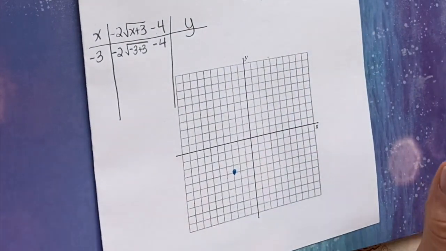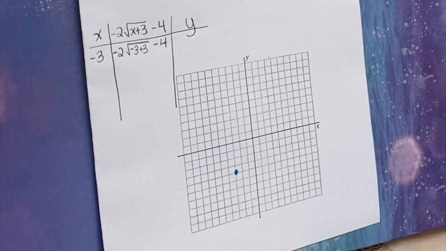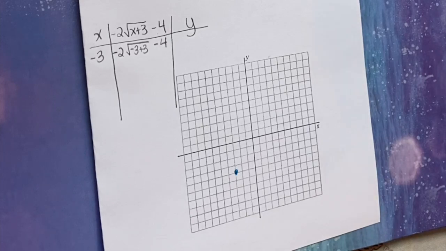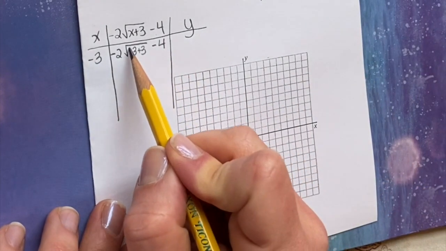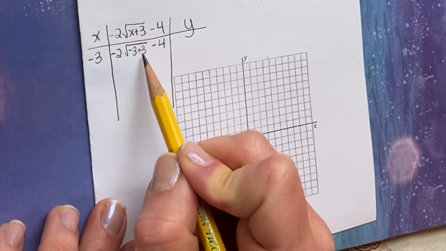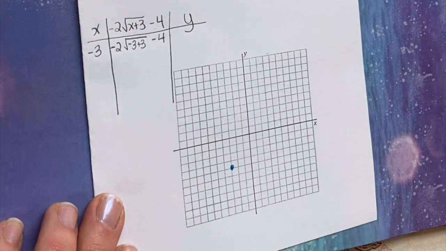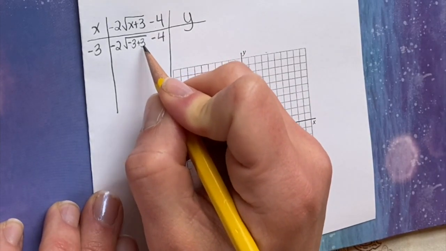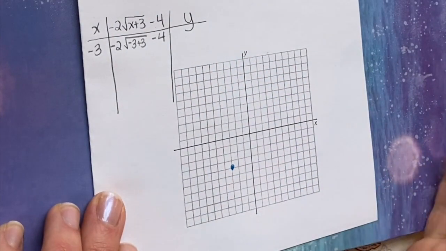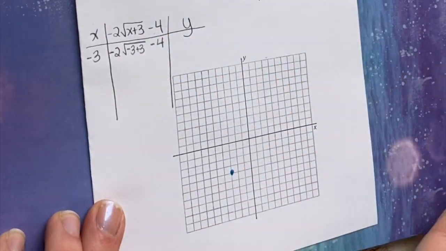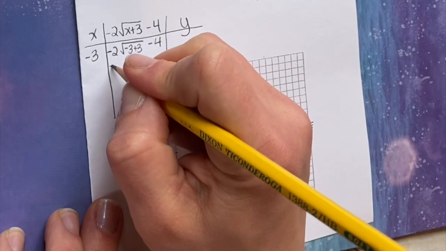So here, let's take a second, just talk about order of operations. Order of operations says we do parentheses first. Well, parentheses also means grouping symbols. The square root is considered a grouping symbol. So you have to perform whatever operations are under the square root first before you can continue. So we have to combine -3 plus 3 first before we do any other operations. Well, -3 plus 3 gives us